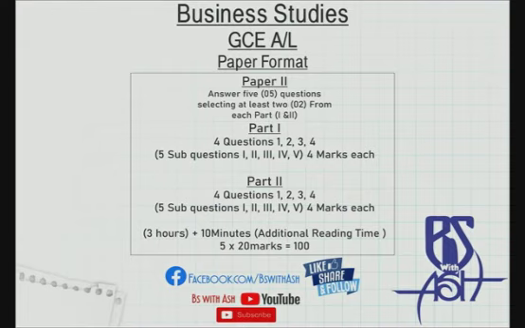And each question is prepared for 20 marks, and each question will have 5 sub questions. So there will be 5 main questions you need to answer, and each question is prepared for 20 marks, and each question will have 5 sub questions for it. Each will carry 4 marks. So you will be required to do this paper within 3 hours and 10 minutes, and the 10 minutes that is provided is for reading time. You have to use this reading time to go through the paper and plan your answers, and also plan which questions you will be answering first, or which are the options you will be selecting.